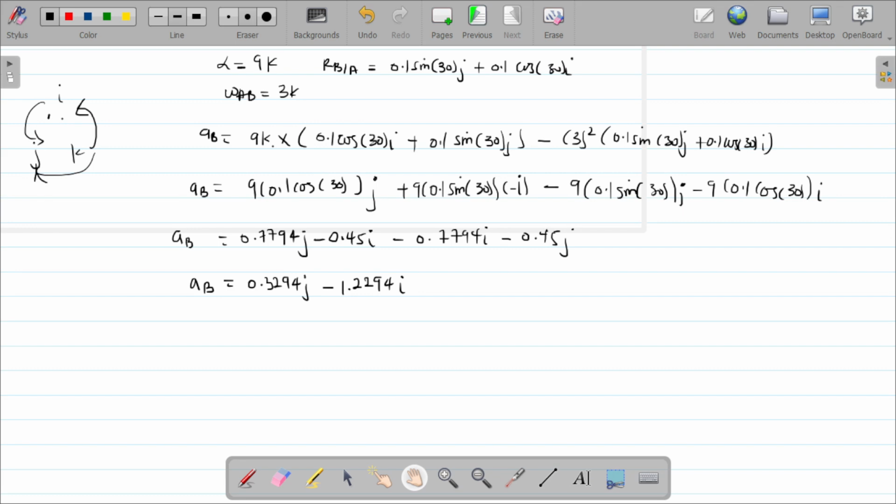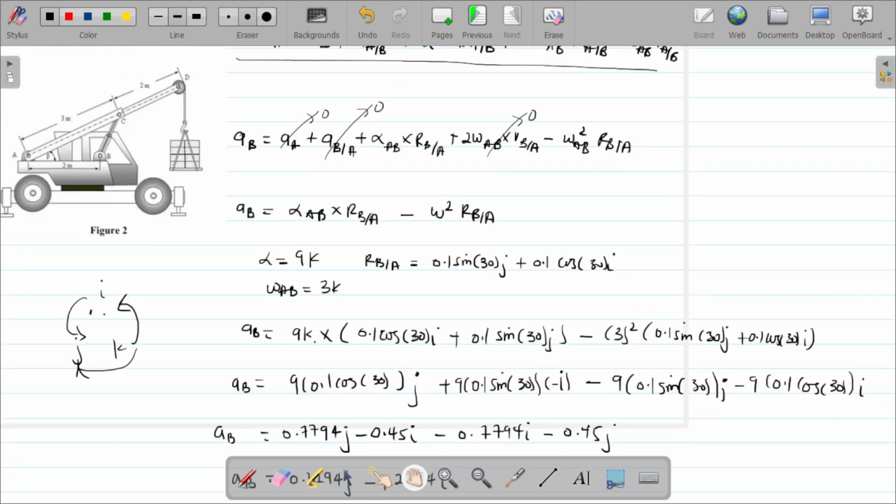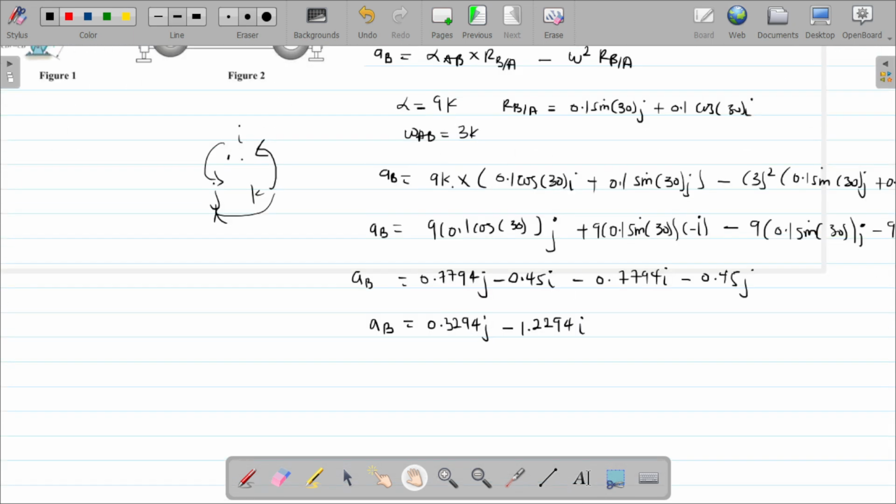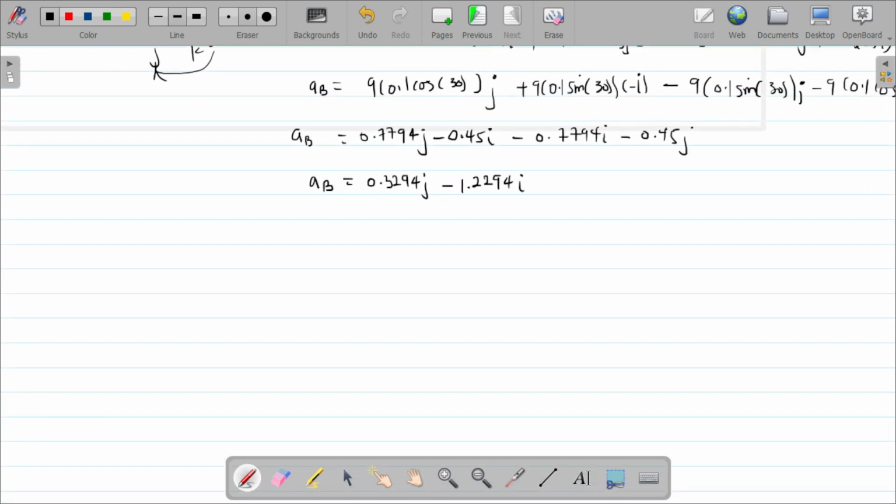So that is the acceleration of B. You're going to follow the same method as we did for the velocity. You're going to find the acceleration of B with respect to C this time, and see what we can come up with. So this time acceleration of B will be equal to acceleration of C plus angular acceleration of B with respect to C